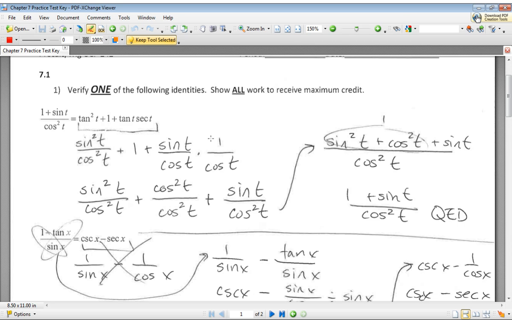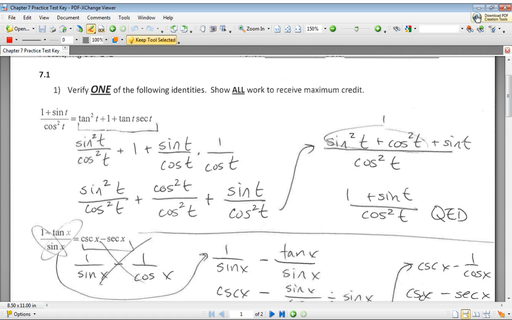So I looked at what I have here. I'm going to have to multiply these two things together. So that's going to be sine over cosine squared. And it occurs to me then that I have two cosine squared fractions. So let's get our 1 to have the same common denominator. So multiply by cosine squared over cosine squared, and that's 1. Since I have a common denominator, I can add all these together. So the denominator stays the same when you add fractions, and I'll have sine squared t plus cosine squared t